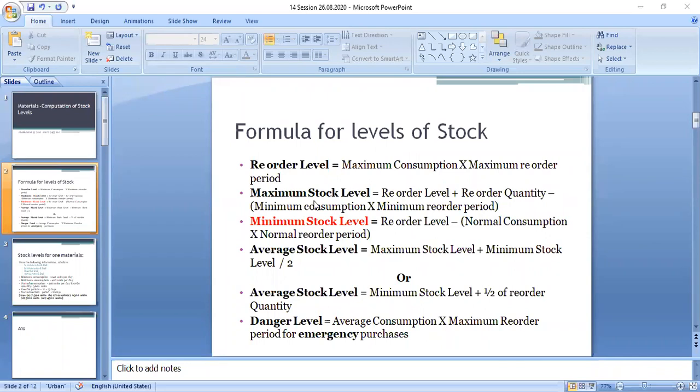So this is a unit. This is unit 3. So unit 3, chapter 2. Unit 3 is going on. So the material chapter is a material. Okay. So that's reorder level.